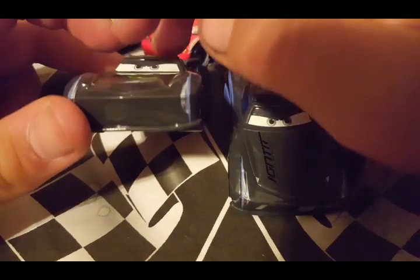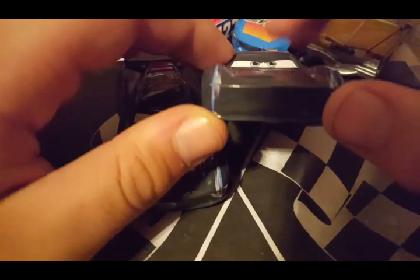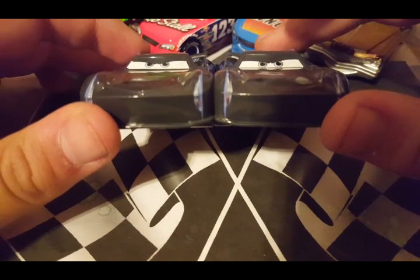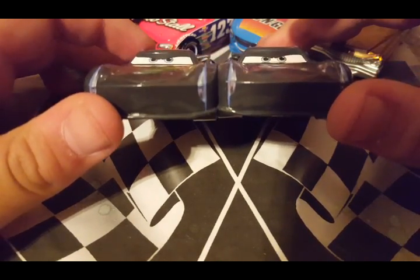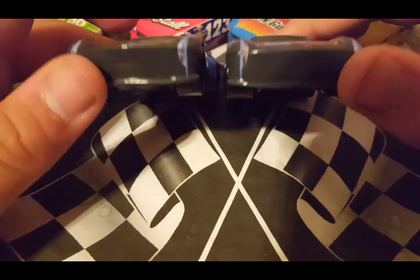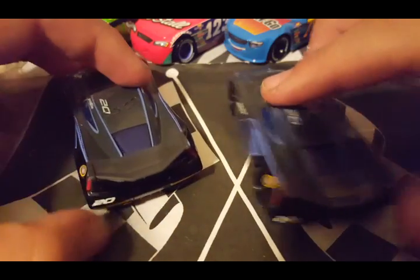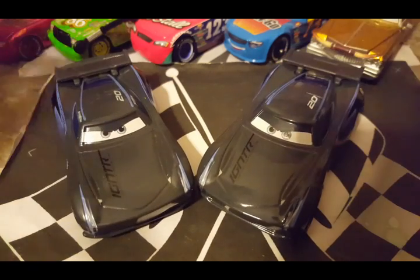As you see, the single release has his eyes more to the top, and his eyes right here are more down. It's hard to explain, but you guys can kind of see the eye variation and the eye position. They are different. The expressions are the same, but the eye position is different. Not sure if it's on just mine, but that looks pretty cool. Other than the eye position, there are no differences. He looks exactly the same as his single release. So now let's move on to